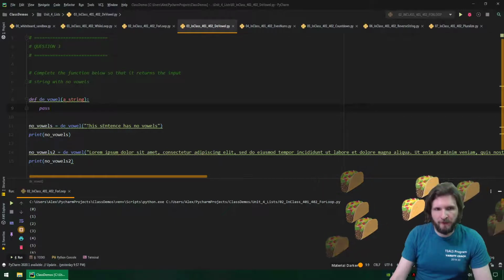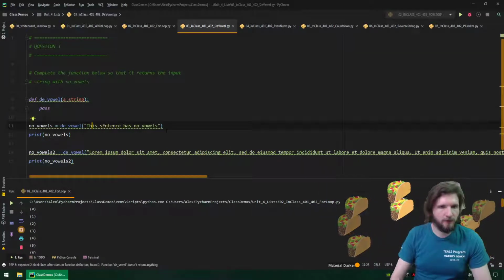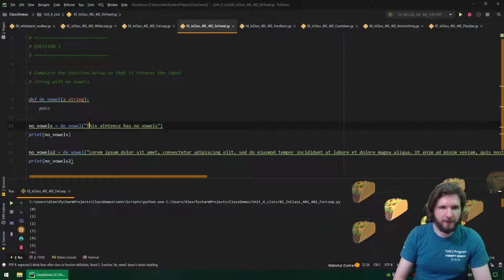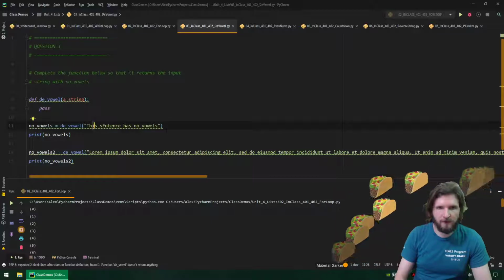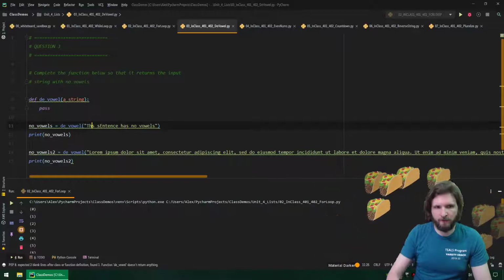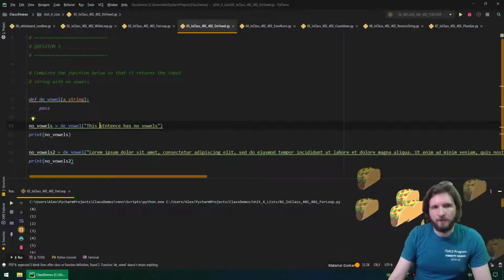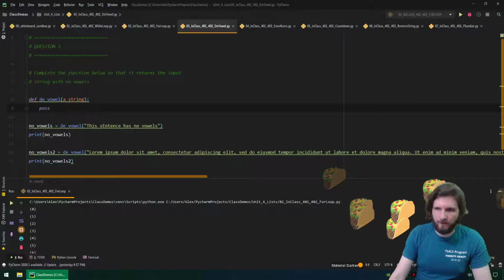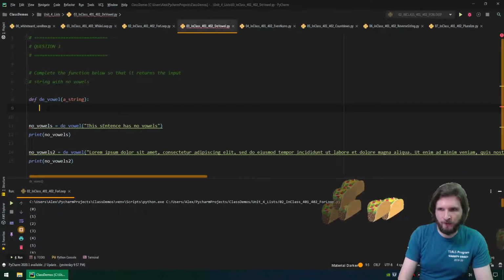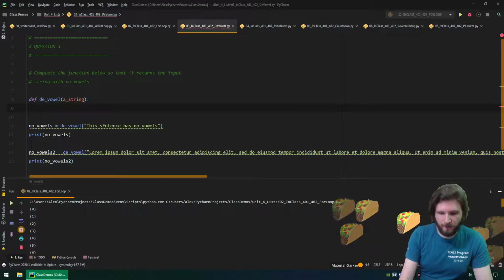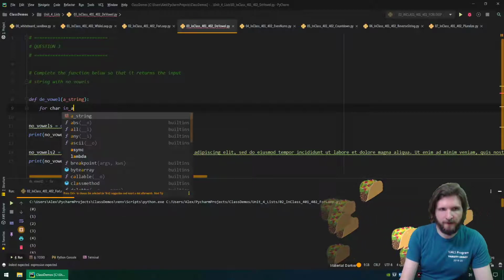So if we're going to talk high-level algorithm, we want to say, okay, for each letter in here, we're going to look at it, and we want to see, is it a vowel? If so, we want to throw it out. If it's not, we're going to keep it. So first thing we need to figure out is how we're going to move through this. So what we can do is say that for character in a string,